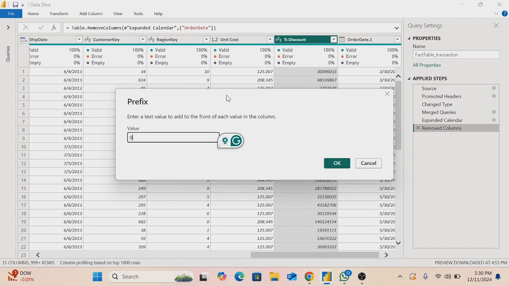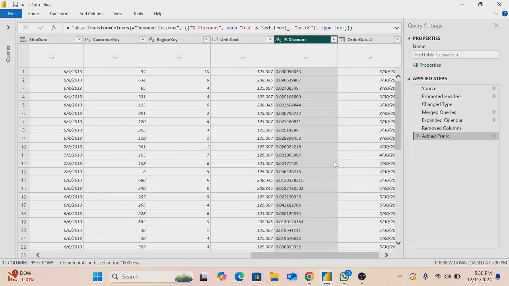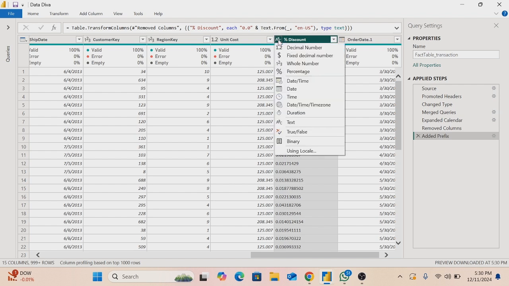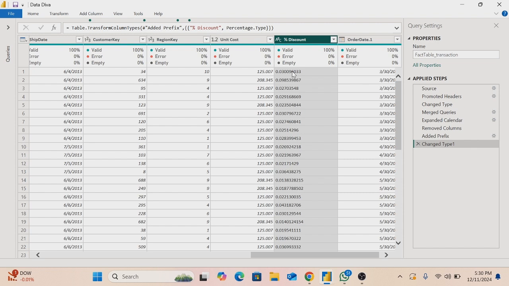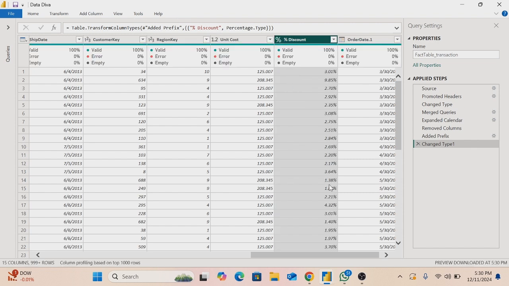Just write 0.0 and click OK. Now we have it like this. Come to your data type is on ABC and you can now change this to what? Percentage. And we have it formatted easily as a